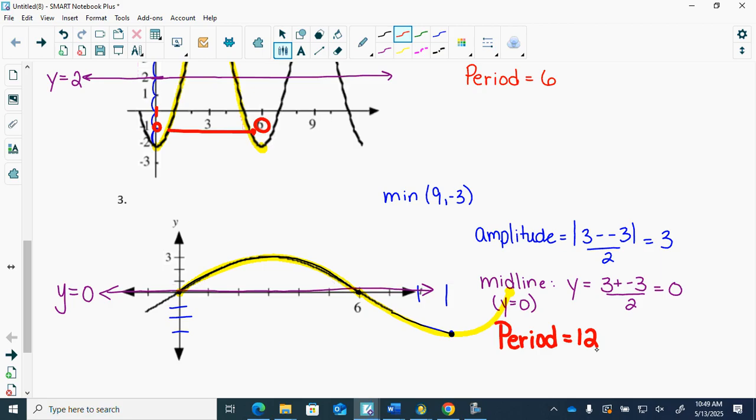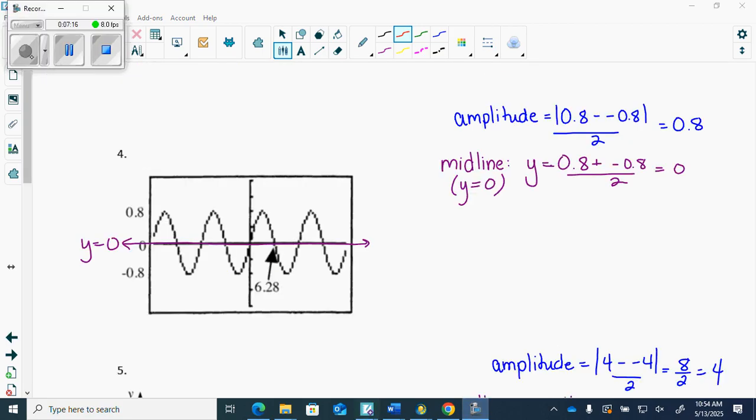You guys try the rest. Use pencil. If you make a mistake, you can fix it. Okay, so this one,